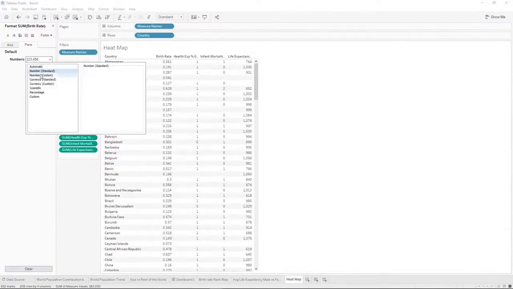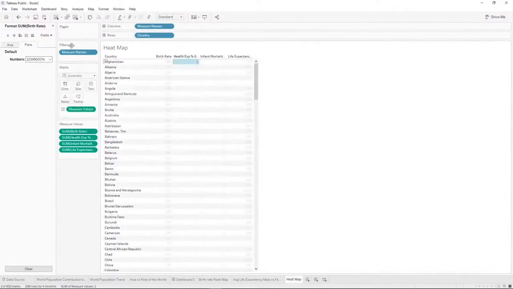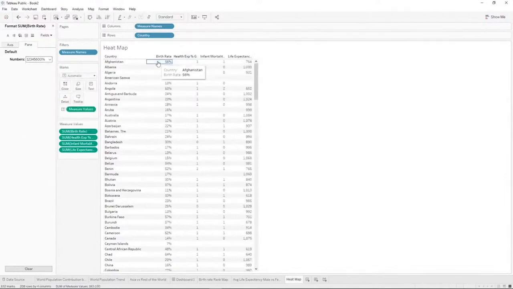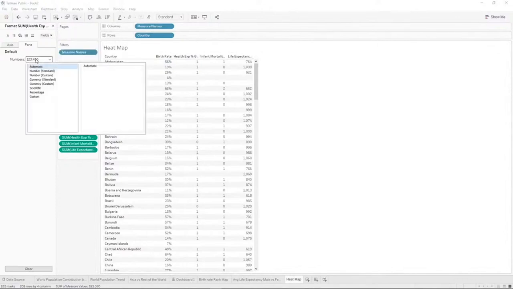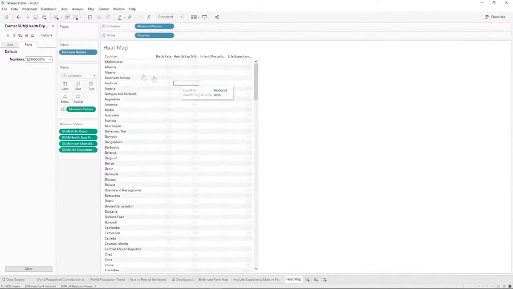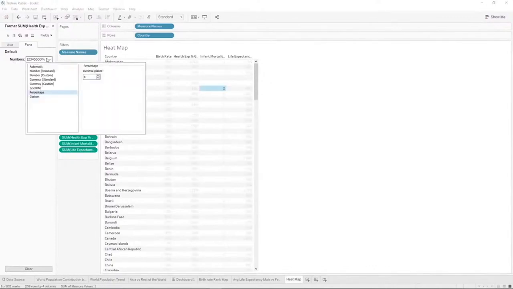So instead of doing a number standard, we'll just go to percentage. And now we don't need to have those decimals afterwards. We can just look at the birth rate as a rate. And for percent of GDP for health expenditures, we can click there and do the same thing. And for infant mortality rate,